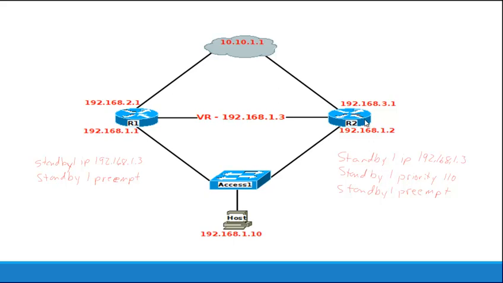It goes down, goes into an init if it stays down. When it comes up, goes through the process and will go active again because we configured the higher priority as we demonstrated. And then also because we configured preemption, so we did a standby 1 preempt. All right, that